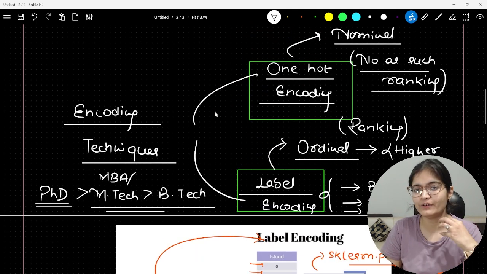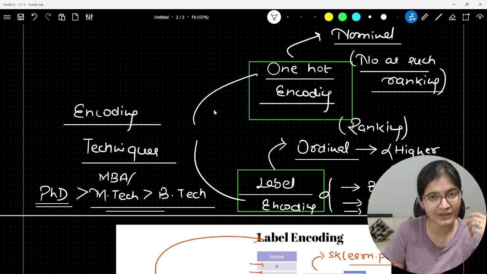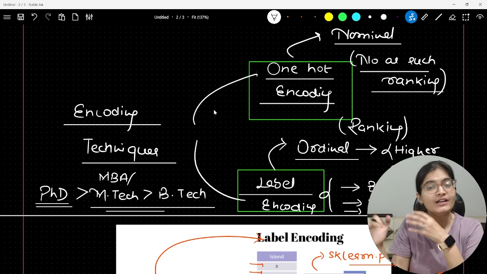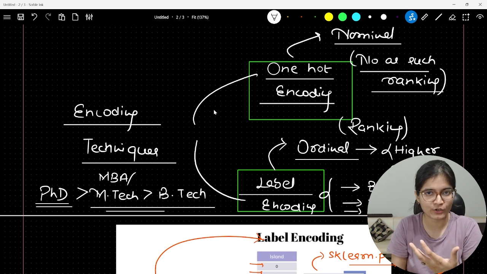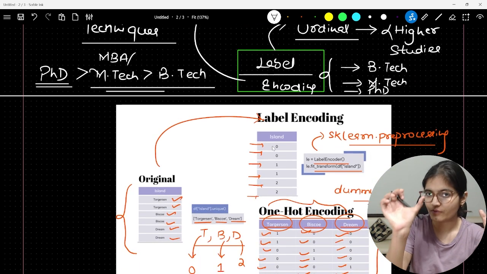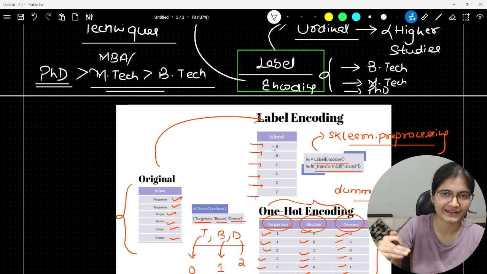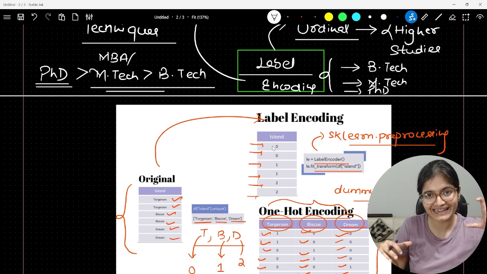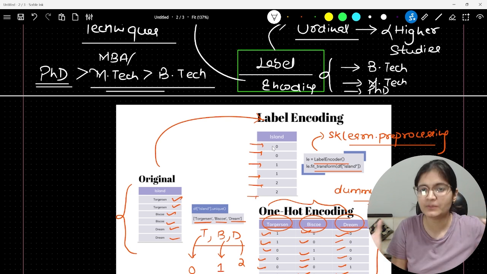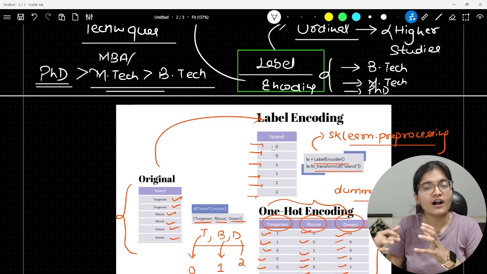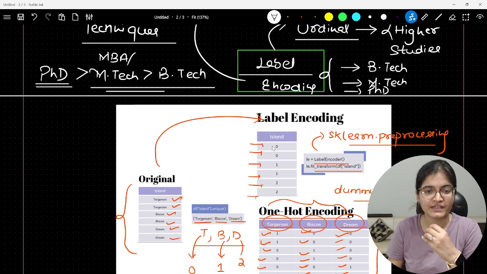Whenever we have a nominal feature, we always go for one-hot encoding. Whenever we have a ranking, we always go for label encoding, because the way label encoding works is it gives all the ranks 0, 1 and 2 within one column. If a specific feature doesn't indicate a ranking, we will not prefer label encoding, because we don't want our model to make a false assumption that a specific point indicates a higher priority.